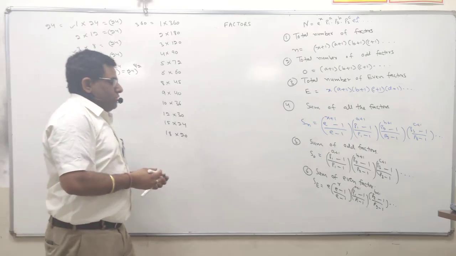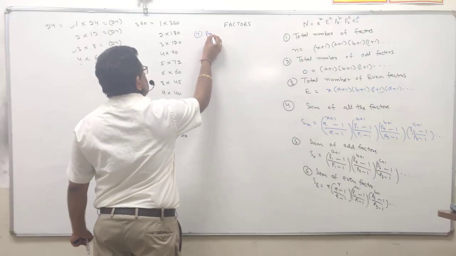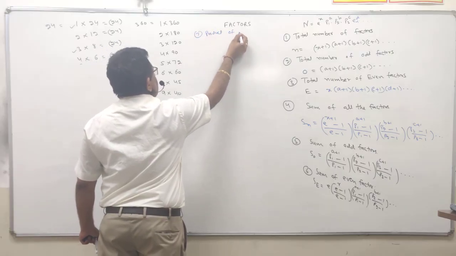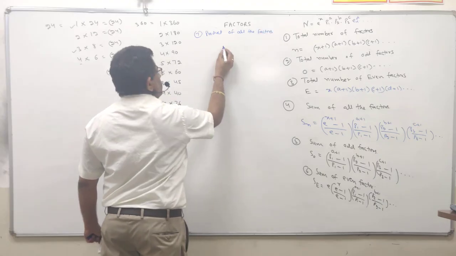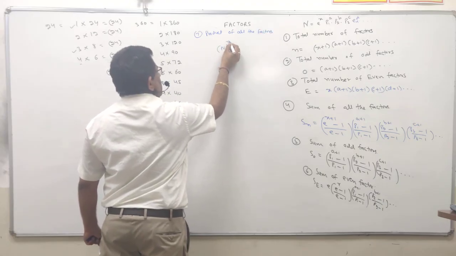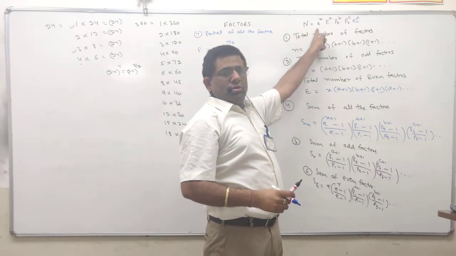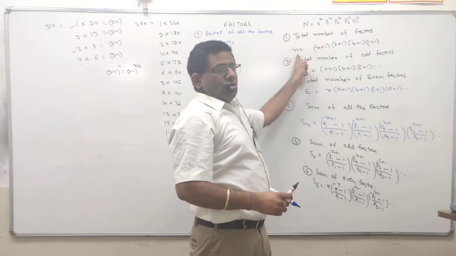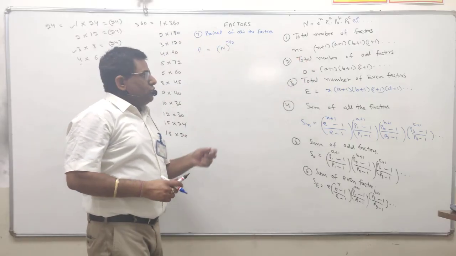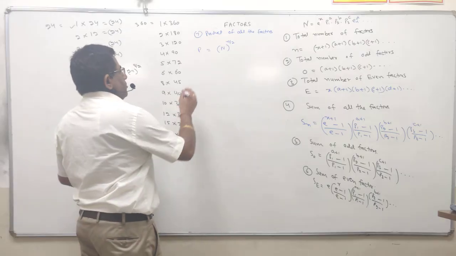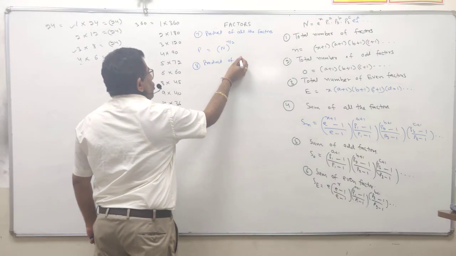So the next one, you can say, is the product of all the factors. It comes out to be N raised to the power n upon 2, where N is a composite number and small n is the total number of factors. So the product of all the factors comes out to be N raised to the power n by 2. Now if we have to calculate the product of all the odd factors,